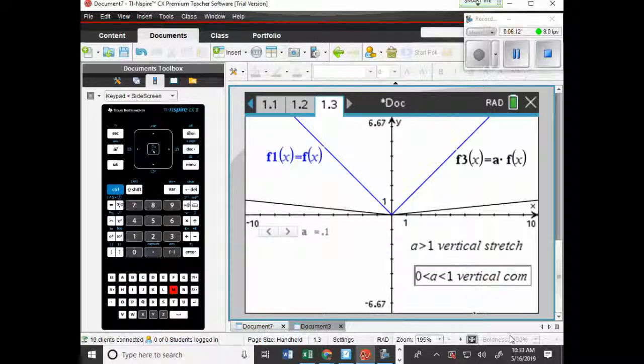That's what we call it, compression. All right. Keep in mind that if a is negative, which is the same thing as just putting